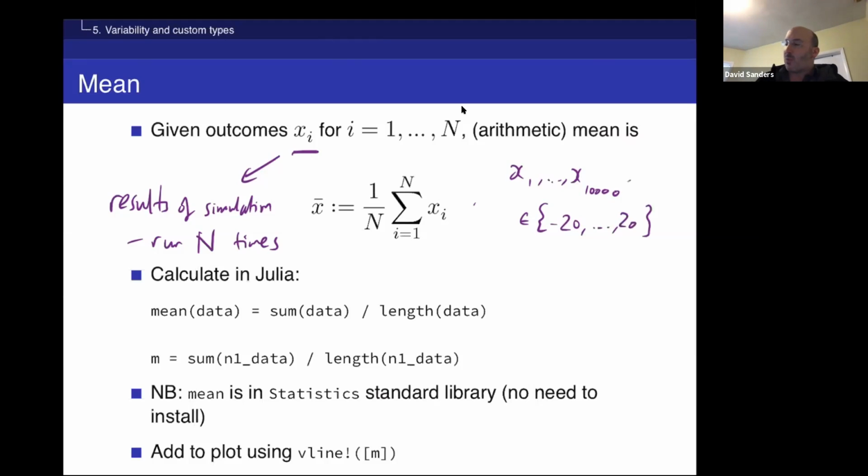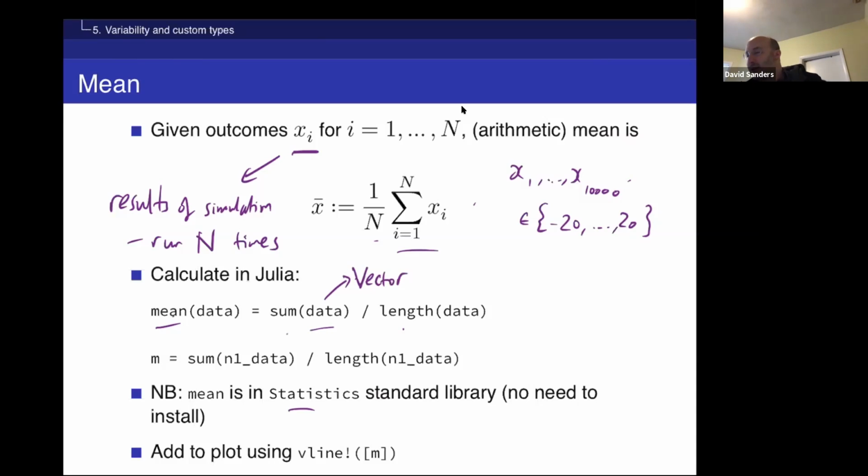And so we can ask, on average, where are they? We can just calculate the arithmetic mean, which is the sum of the data divided by the number of data points. In Julia, we can do that with the mean function that's in the Statistics library. We can just load the Statistics library and then use the mean function, or we can just define it ourselves. It's easy to define it ourselves. If we have a vector of data,